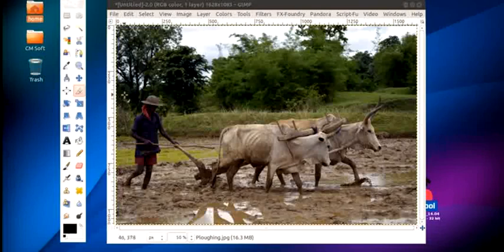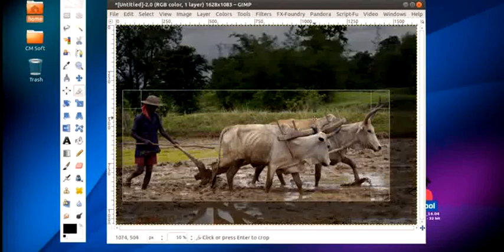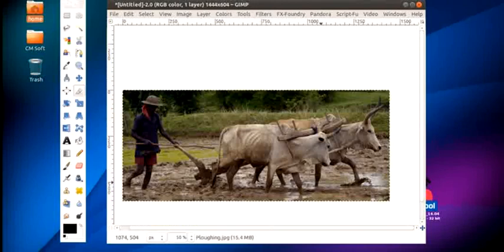Then mark the required part of the image by dragging the mouse. Now the selected part is cut by pressing the Enter key.